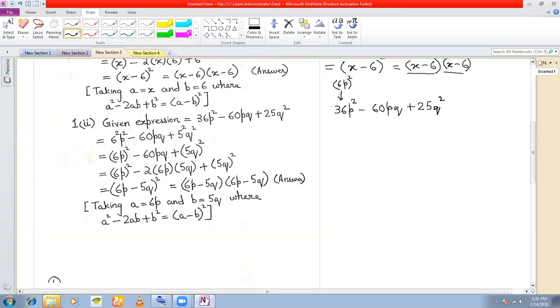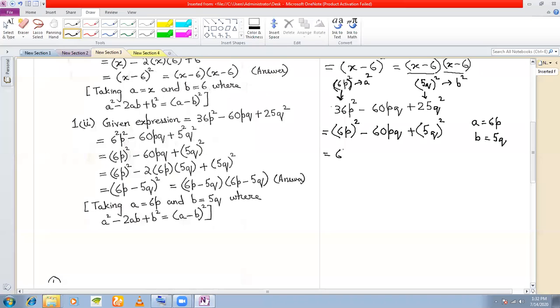Okay. So this clearly is what? Is this a perfect square? This can be written as 6p whole square, isn't it? And this can be written as 5q whole square. Right? So both are perfect squares. That means this one can become my a squared term and this can become my b squared term, right? So now let's see. I write this as 6p whole square and this term I write as it is. I will check later whether this is a 2ab or not. And this is my 5q whole square. So clearly a here becomes my 6p, b becomes my 5q.